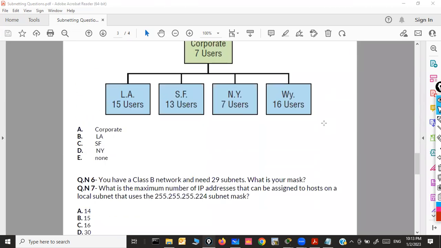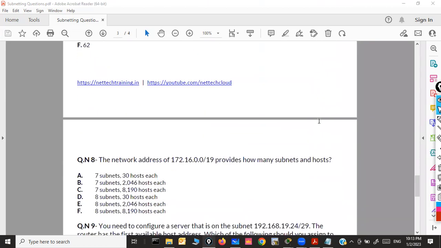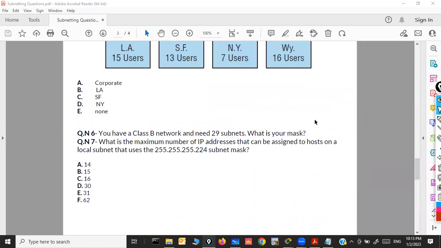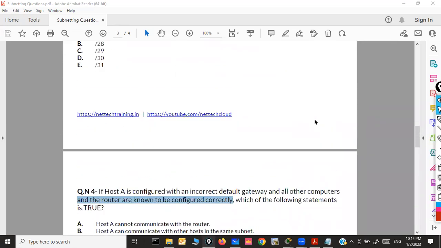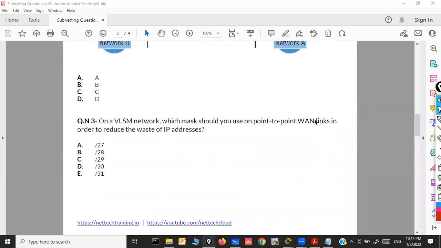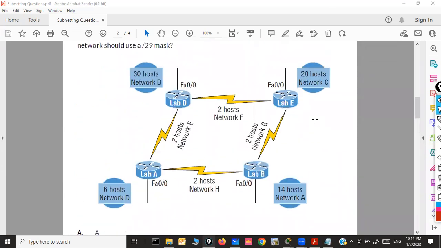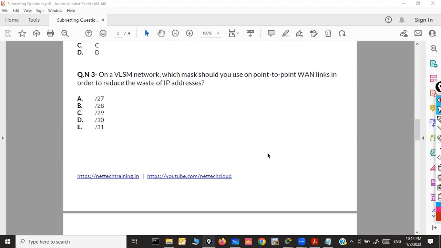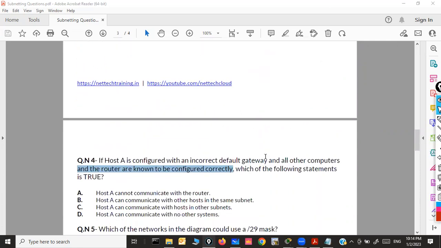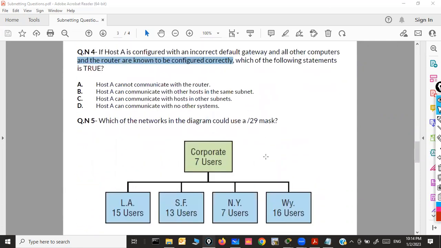So in total, I think there are 10 questions here, and we'll try to solve all 10 of them. It's a quick recap of your subnetting, and a little bit tricky. Wherever I feel there is a requirement for some other concepts, like the gateway concept I have already discussed, I will bring those discussions in between. Otherwise, straightforward, we'll try to attempt the other questions, right?